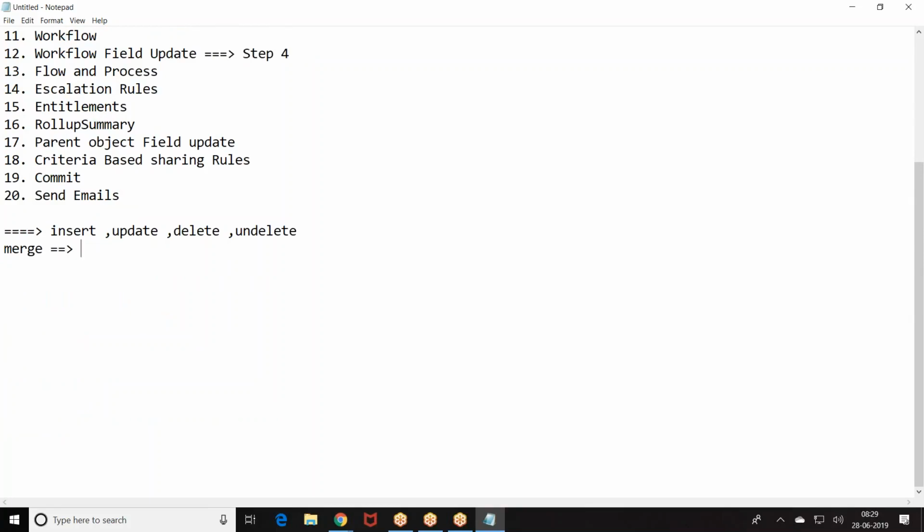Merge is what? Child records are reassigned to parent 1. Then update on child object and delete on parent. Then which triggers will be firing? Two triggers will fire. Update trigger on child record will be fired and delete trigger on parent object will be fired. If you perform upsert,